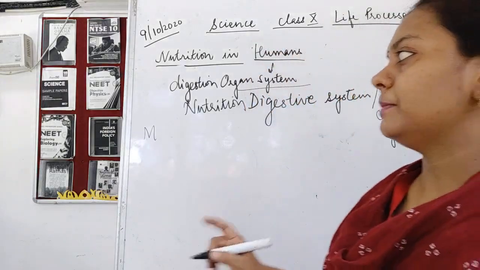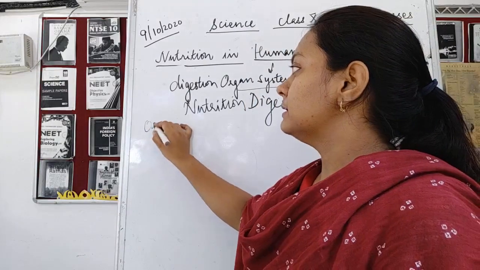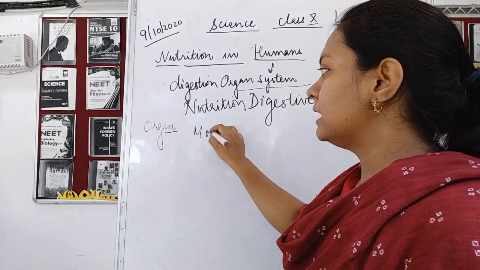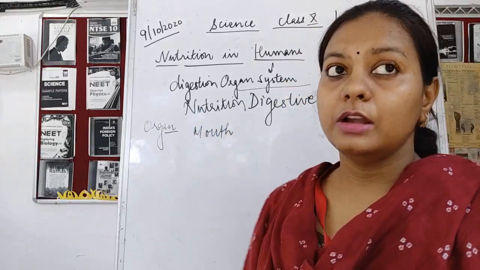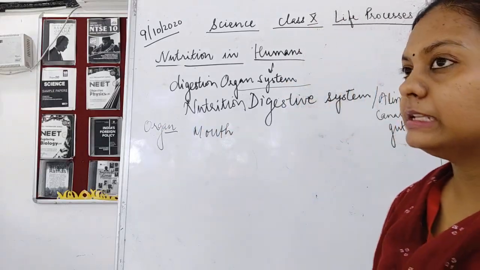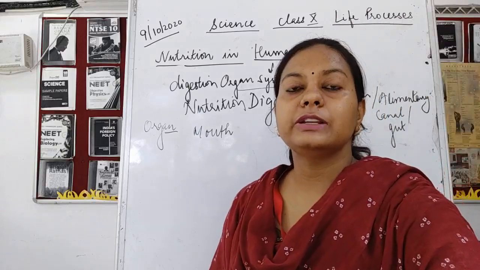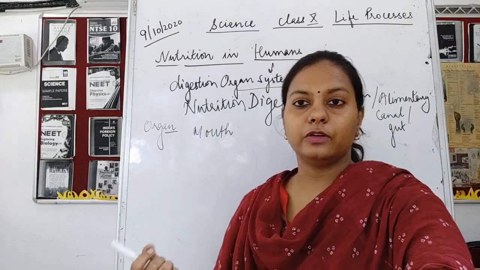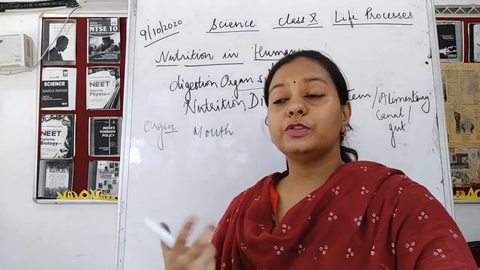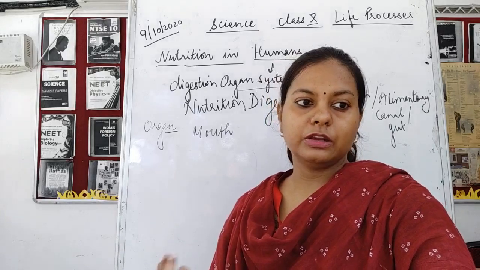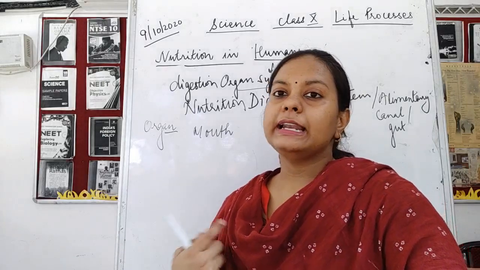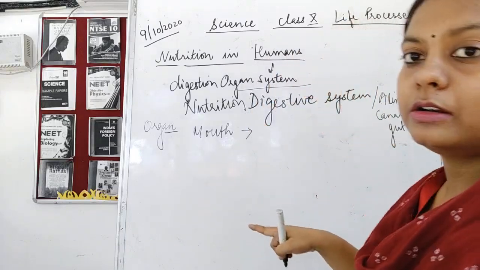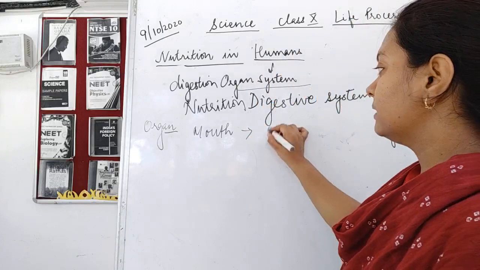Now what organs are present in this organ system? The first one is the mouth. It starts with the mouth. It is a long tubular structure. What do you mean by canal? Canal actually means a small pipe. It is a structure which consists of a long pipe network which is going to perform the function of digestion. So it starts from the mouth and it ends in the anus. Okay, next is the mouth. Then the next part is the esophagus.